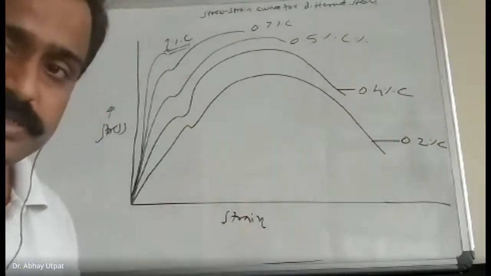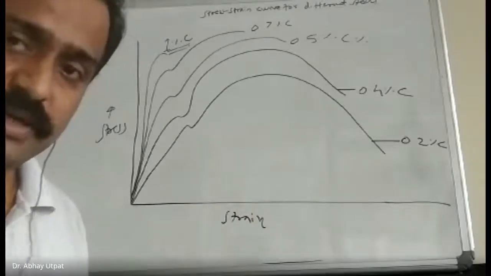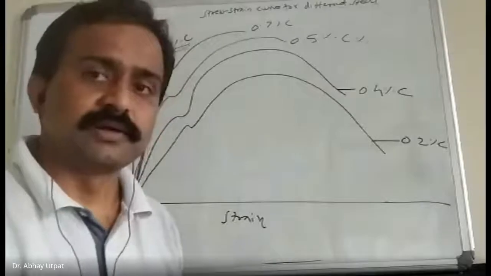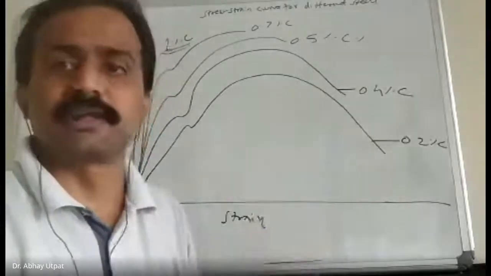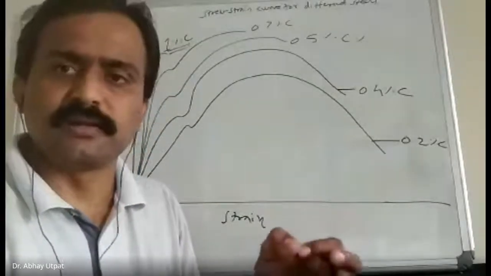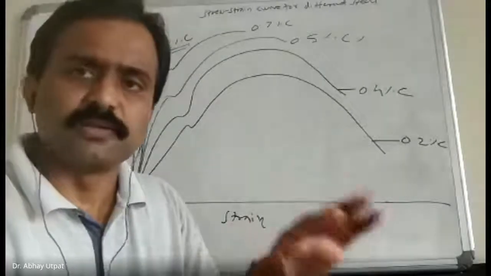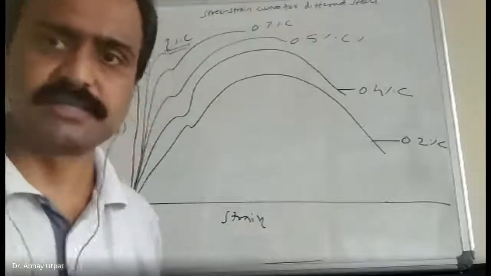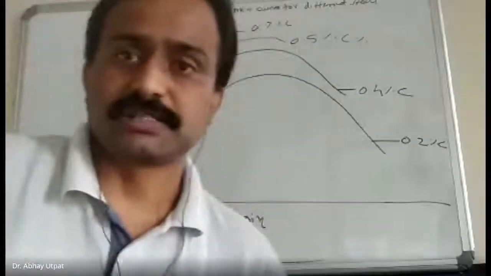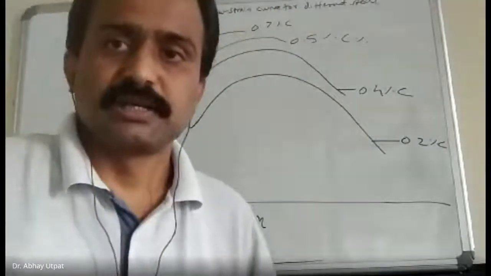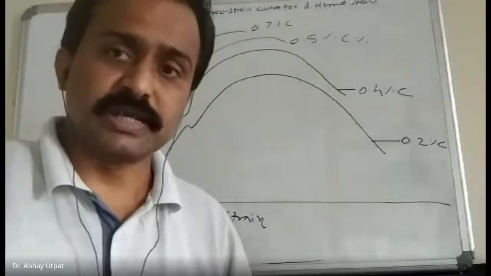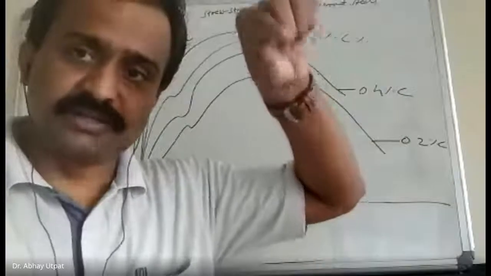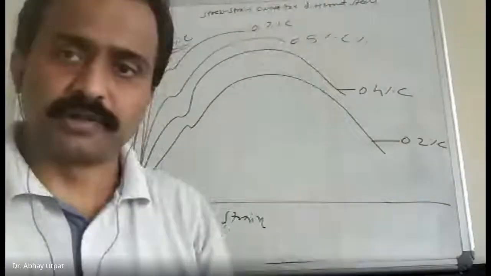Now, friends, remember stress values in tensile testing. There are two types of stress. One is true stress, and another is engineering stress. Force per unit area is your true stress value. Actually, how much force is applied and how much area is there. So, instantaneous stress is true stress. When your machines are automatic, it measures at every instant how much is the load.